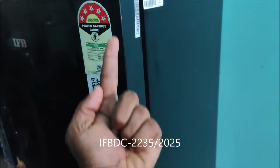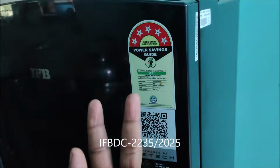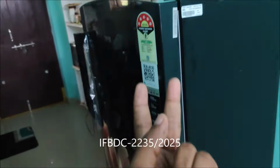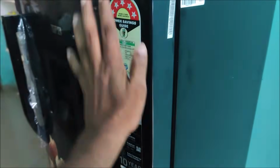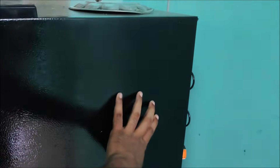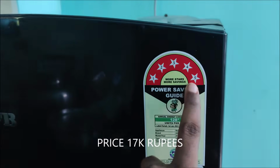The first thing is I'll talk about the energy consumption. Next, this is the manual defrost. This is not the frost free refrigerator, so I'll be telling about the ice buildup in this freezer. Okay, ice buildup. And next one, the overall freshness of the food. And the fourth one, I'll be talking about the noise, means is there any noise from this refrigerator. And the fifth point is the overall satisfaction, as this is a 5-star rated